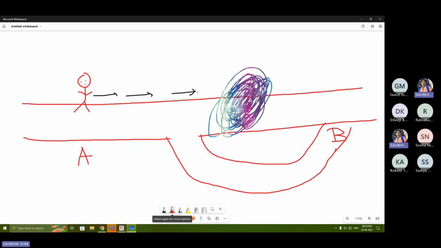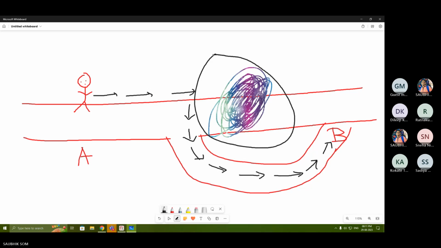So what will I do? I'll see an error. I cannot move forward, so I'll go to a detour and go to B. Generally, I follow the straight route from A to B, but since there was an exception, there is a block which is an exception, I will take a detour. So I'll try to go from A to B